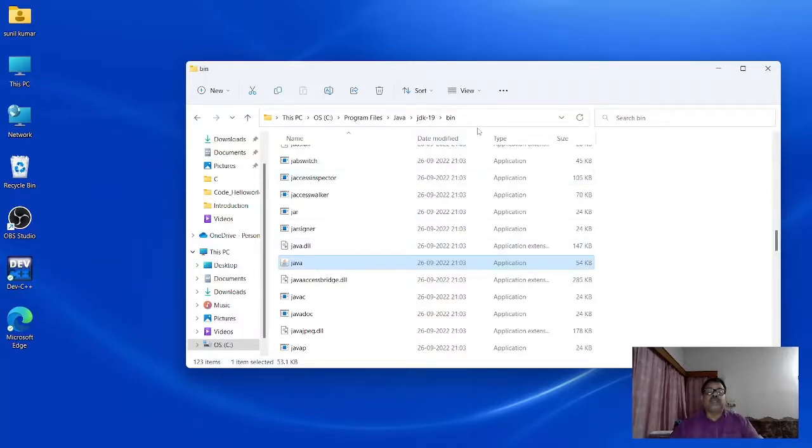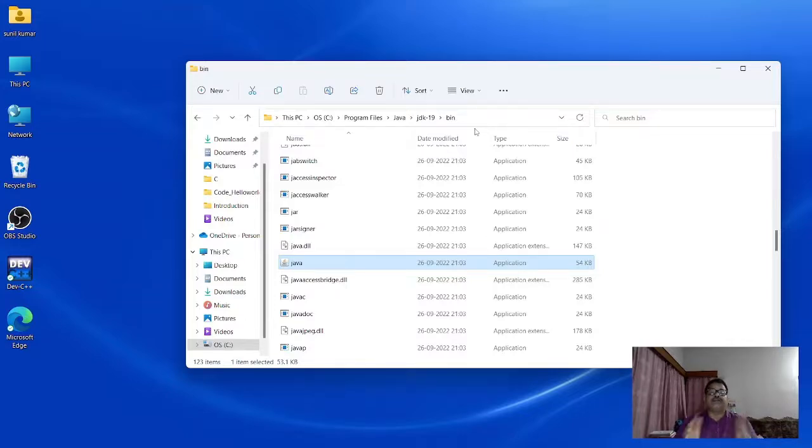Actually, I need this particular location because to write a program we need an editor, as we know. Either it is C, C++ or Python, any programming language, we need one editor. But in Java, you can easily use Notepad, which I am going to use also.